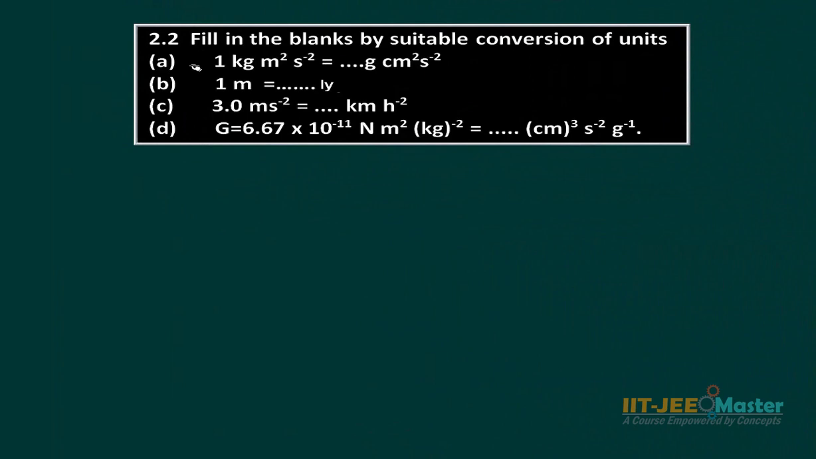Problem number 2.2. Fill in the blanks by suitable conversion of units. 1 kg meter square second to the power minus 2 to be converted to gram centimeter square second to the power minus 2. 1 kg meter square second to the power minus 2. 1 kg is 10 to the power 3 gram, while 1 meter is 10 to the power 2 centimeter, and second is the same,